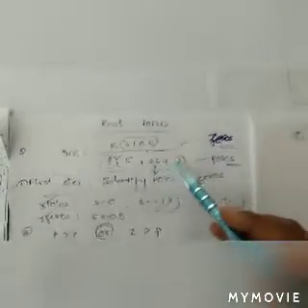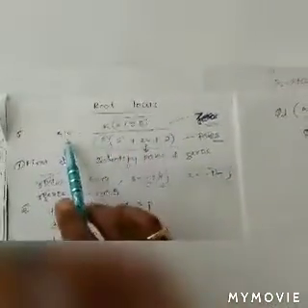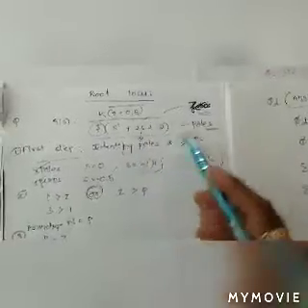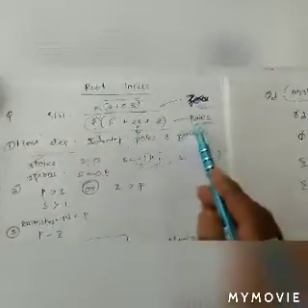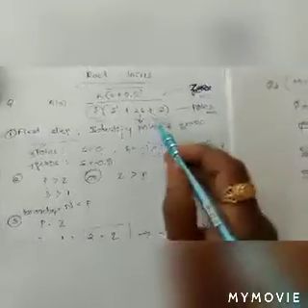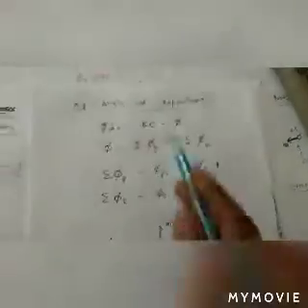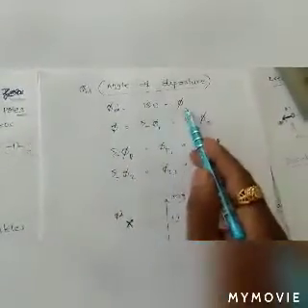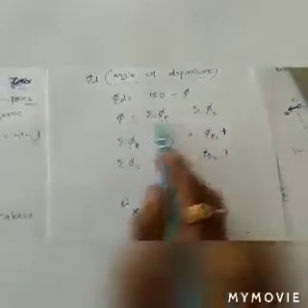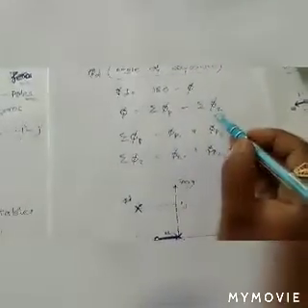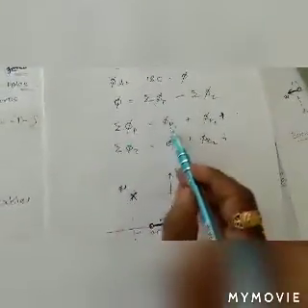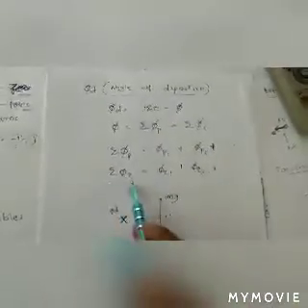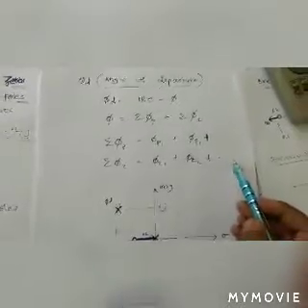Going through the question, this is the question G of s equals K(s plus 0.5) over s(s square plus 2s plus 2). If there is a complex root, if it is existing as a pole in the denominator, then we need to solve the angle of departure. There is a formula for angle of departure, phi d is equal to 180 minus phi, where phi is summation of phi p minus summation of phi z. Summation of phi p means phi p1, phi p2, how many poles are there in the problem? All the poles will come here. Similarly, summation of phi z means phi z1, phi z2 and so on. How many zeros are there?